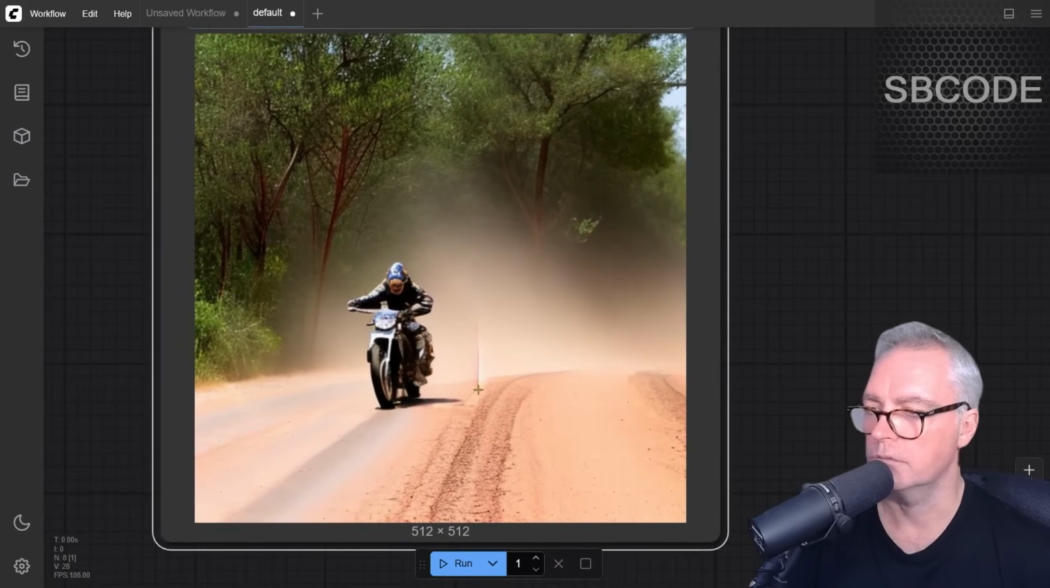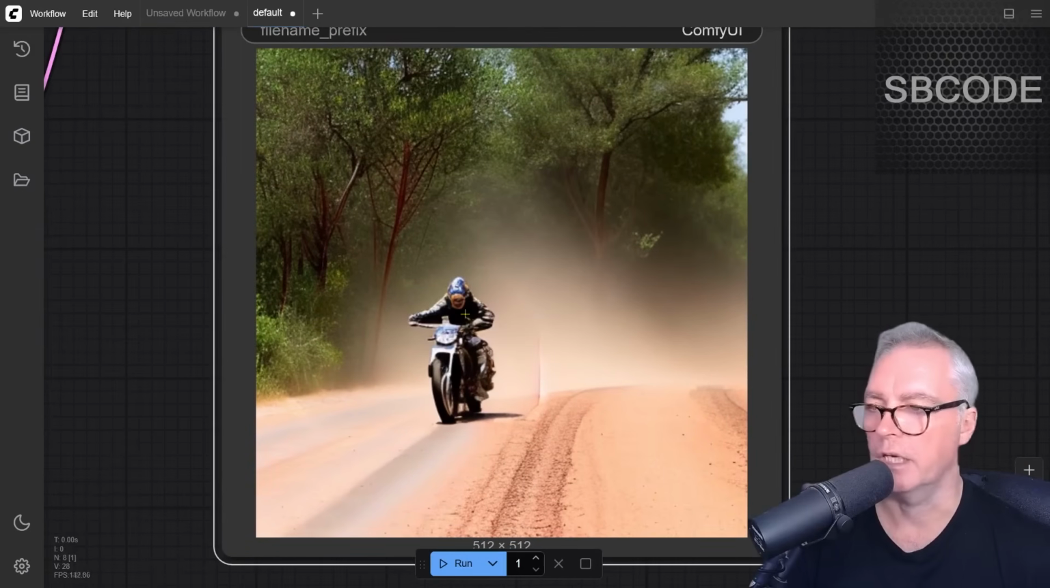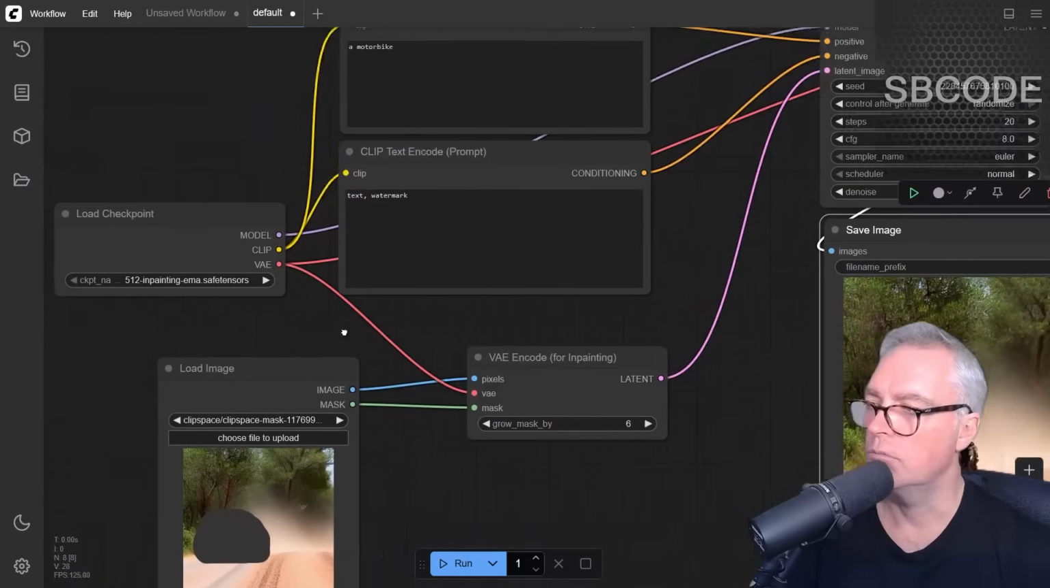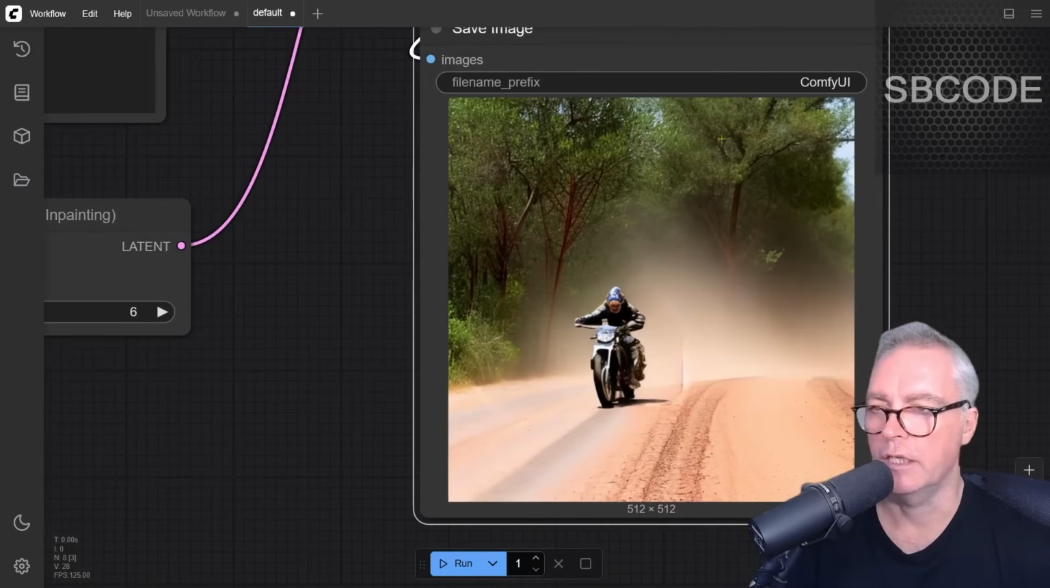Still a bit of a line there. In the next section, I'll show you how you can even improve things like that. But that's a bit better. The Inpainting model will look at the existing image as well and try to match the